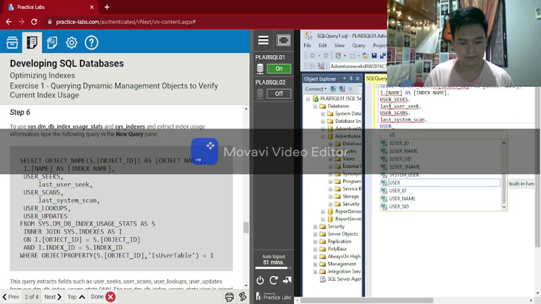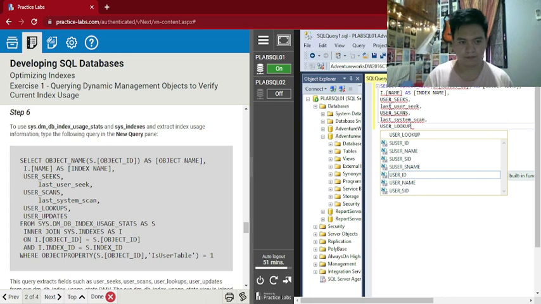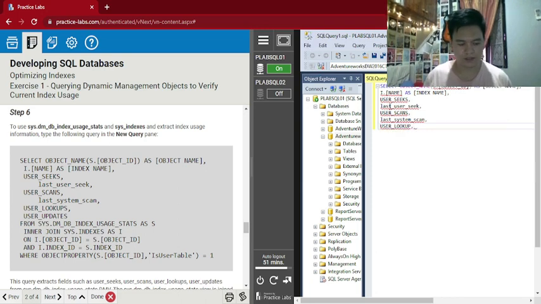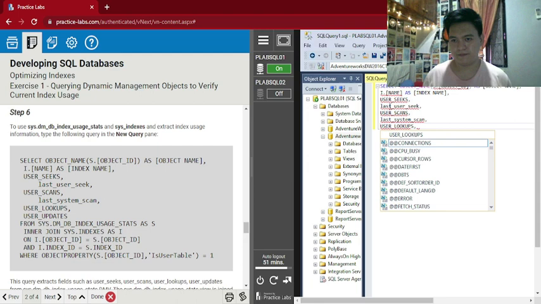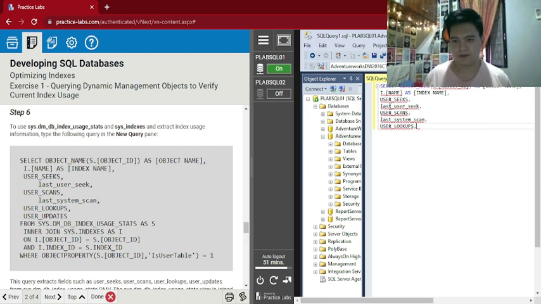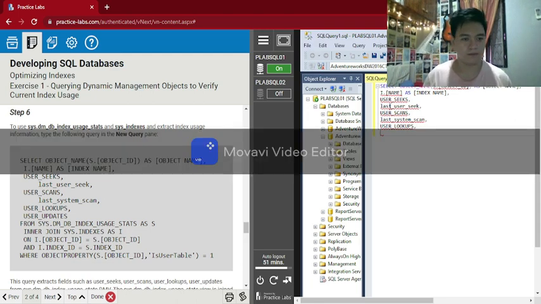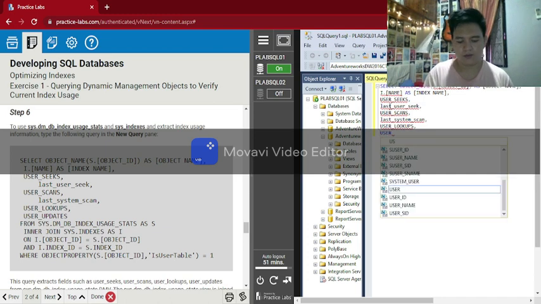User_lookups. Okay, lookups, I forgot. Yes. User_updates,